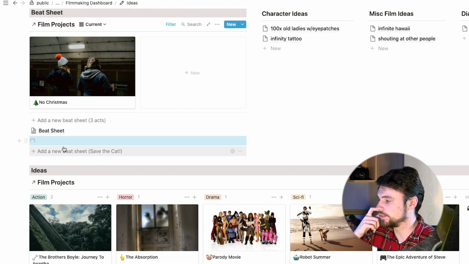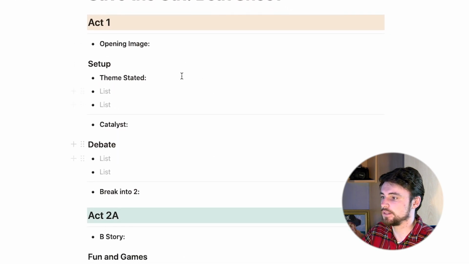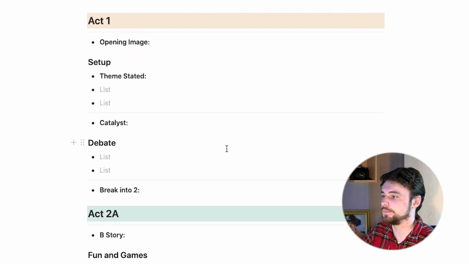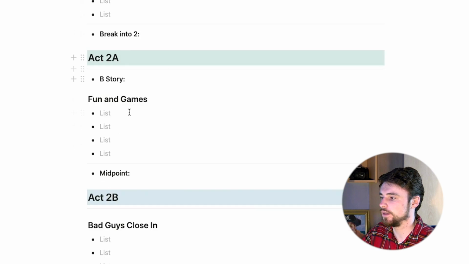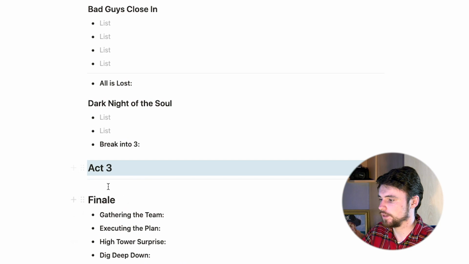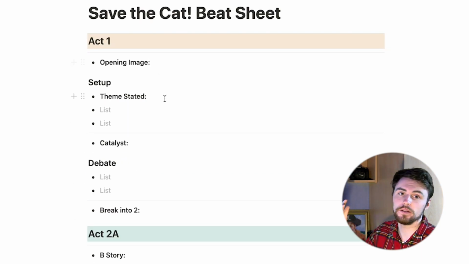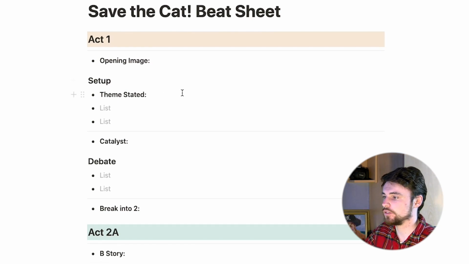So I'm going to get up the Save the Cat one I have here. This is a beat sheet based off of that book. It's got all his stuff, the fun and games in the second act, and then the Act 3 finale and the Dark Night of the Soul. I like that. But yeah, if you want to build something off of something more structured, you can obviously change